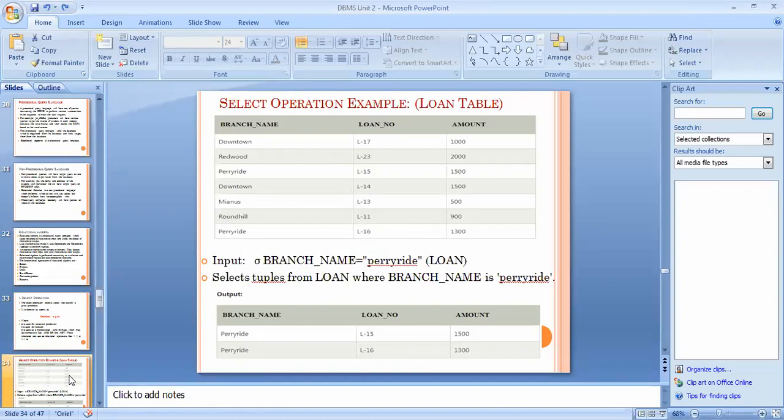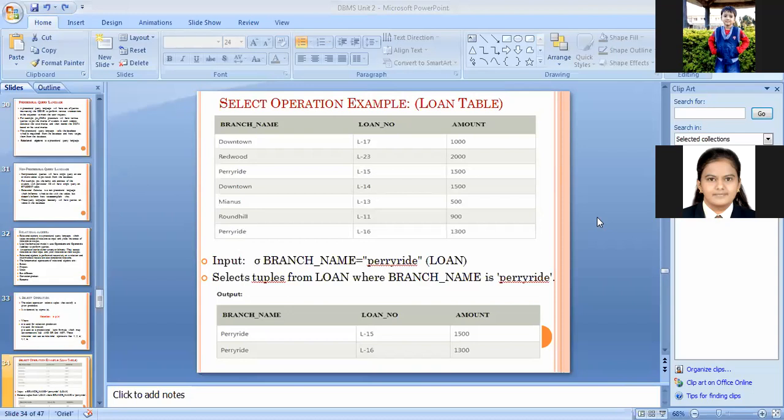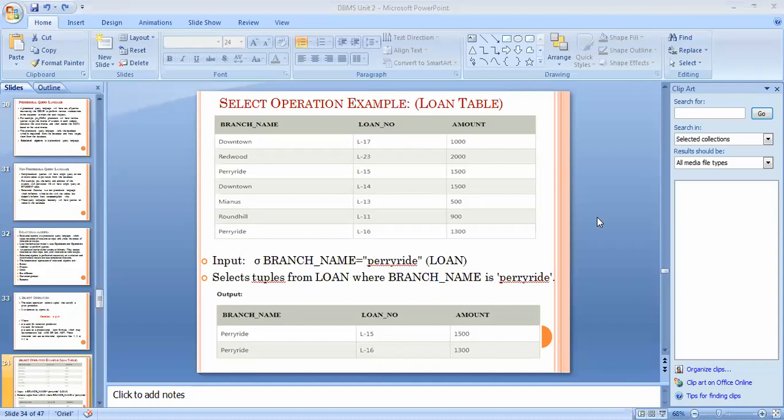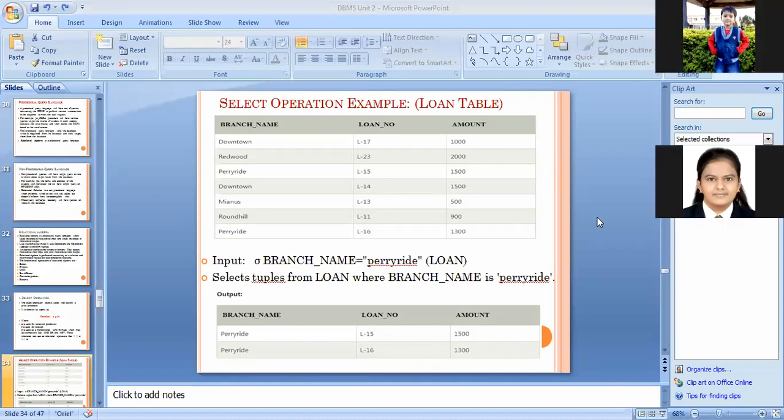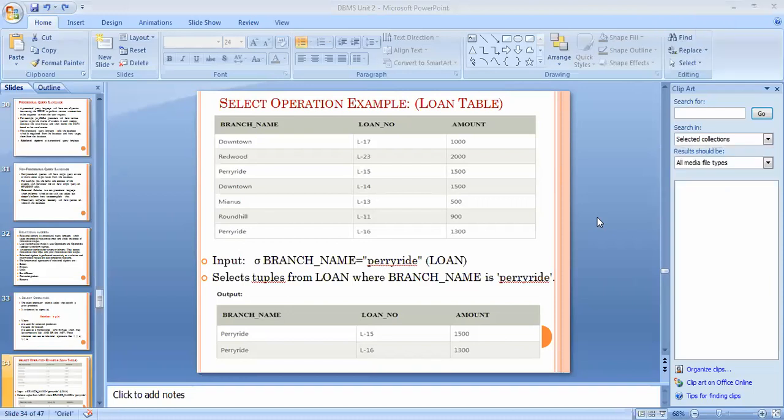First of all, use the syntax: select, to select the tuples. After that, from which, write down the relation name, that is loan, and then apply the condition. Select tuples from loan where the branch name is Perryridge.